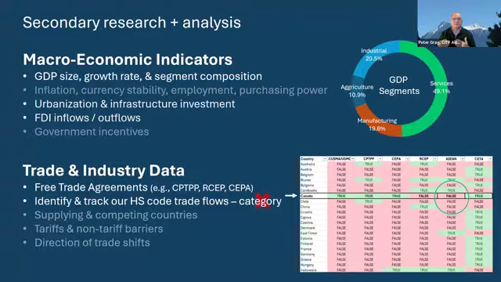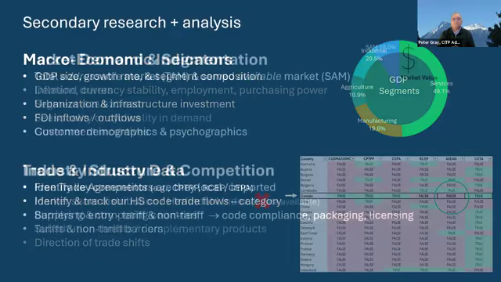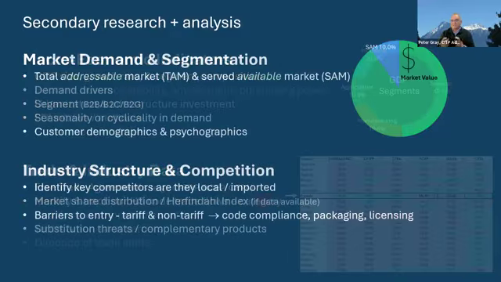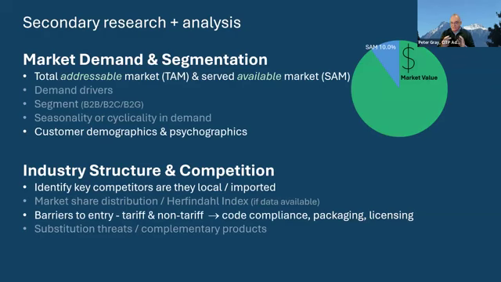And to give you an example, fruit would be a category, but bananas would have an HS code. So if we were trading in bananas, we would obviously want to understand the trade flows of bananas. We also want to look at market demand and segmentation, and we look at both the total addressable market and